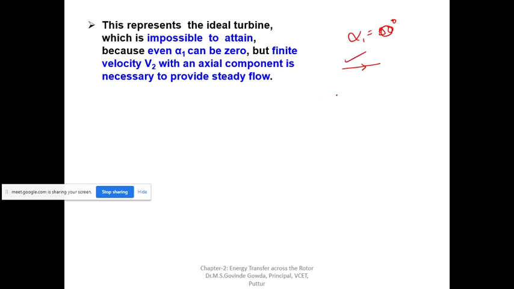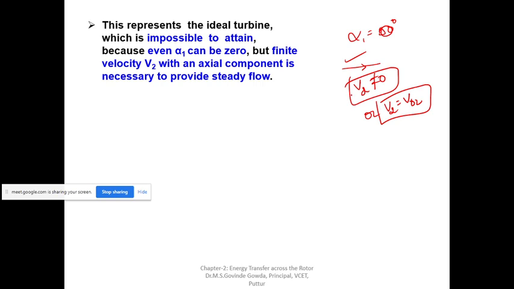This is a possible condition. But though this is possible, we cannot say that our V2 will be equal to 0. V2 cannot be equal to 0 because it fails to explain energy efflux equal to energy influx, that is, mass conservation. That will be difficult to explain over here. So V2 can be equal to VF2, but V2 cannot be equal to 0 at any condition.